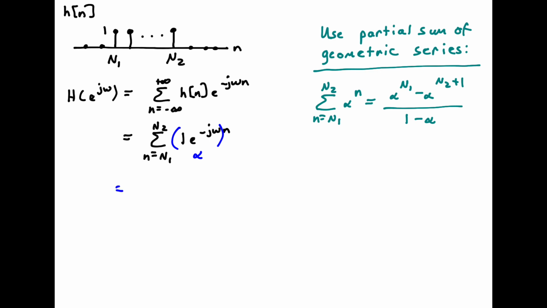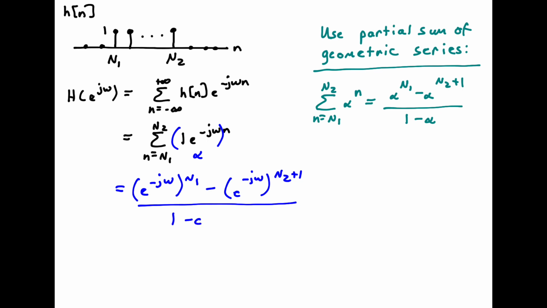And when we do that, the result that we get is e to the minus j omega, that's alpha, raised to the n1, minus e to the minus j omega, raised to the n2 plus 1, over 1 minus e to the minus j omega. So that's a perfectly valid